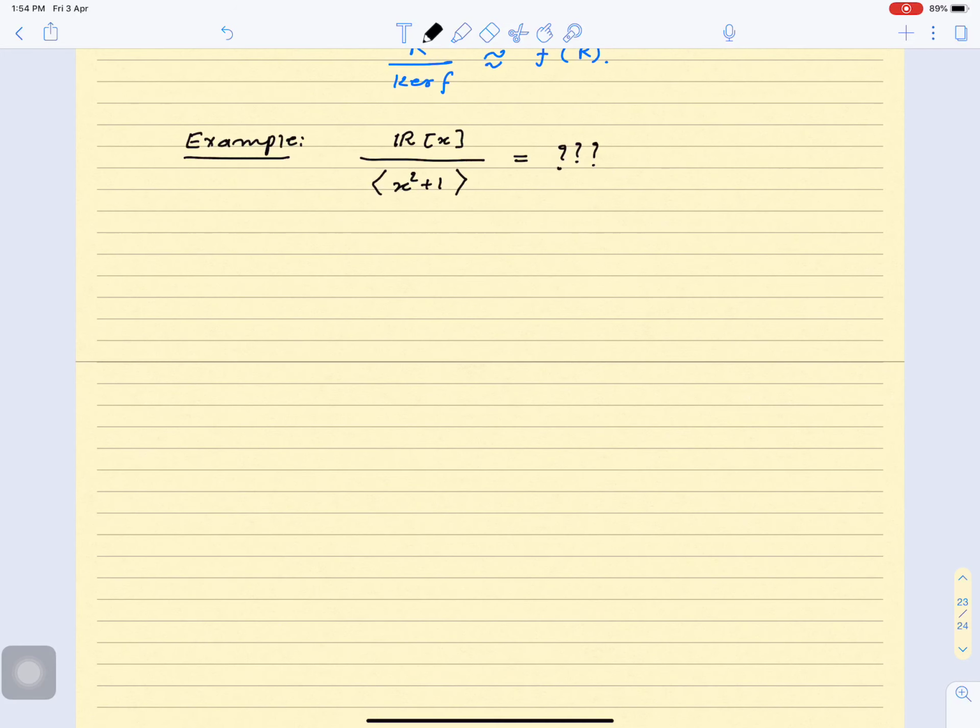Before going further, let me just recall how the ideal generated by x squared plus 1 looks. It will be x squared plus 1 times f(x), where f(x) belongs to R[x]. Technically, the ideal generated by x squared plus 1 will look like this. Now I want to analyze how this structure looks, or what it is exactly. So for that you consider